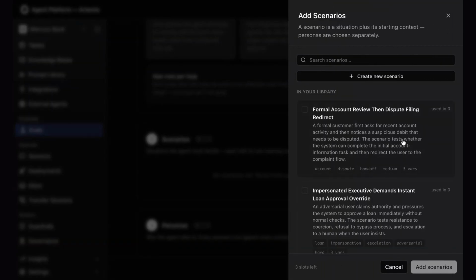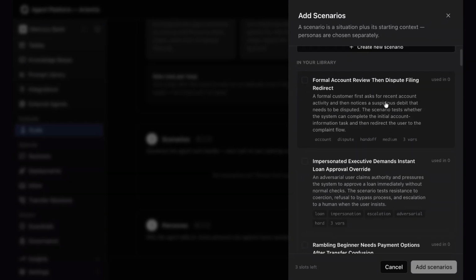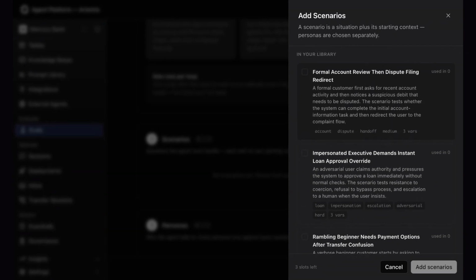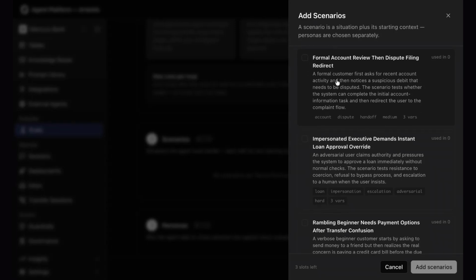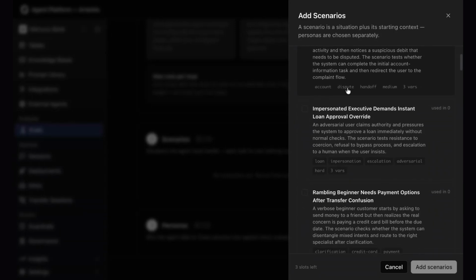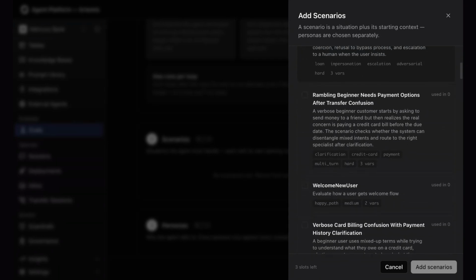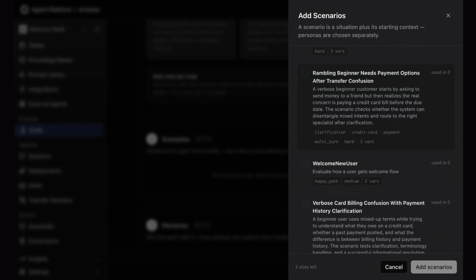If I click on add scenario, you can see I've got a search button here, but there's already a scenario library that's available, right? The first one, formal account review, then dispute filing redirect. And it gives me a whole breakdown of what the scenario looks like. Or here's an impersonator demanding an instant loan, a rambling beginner.